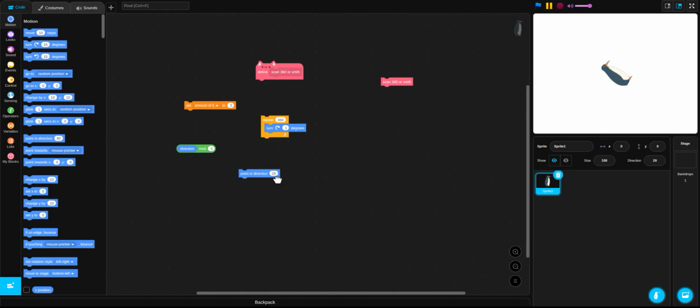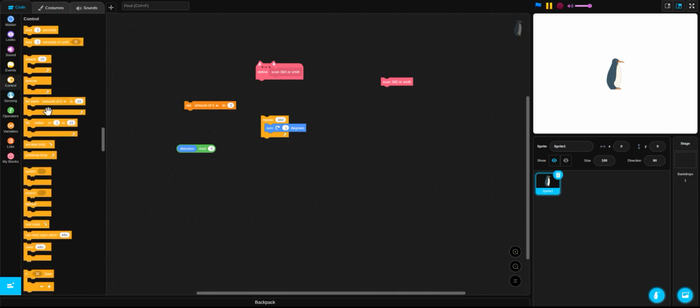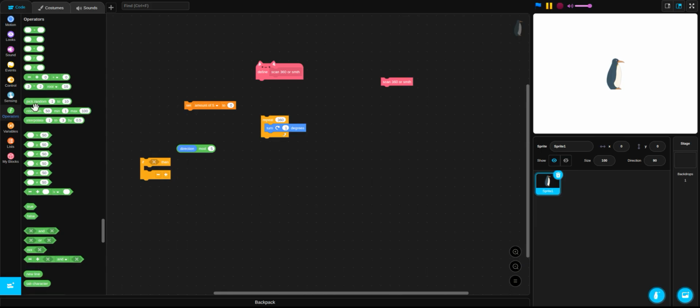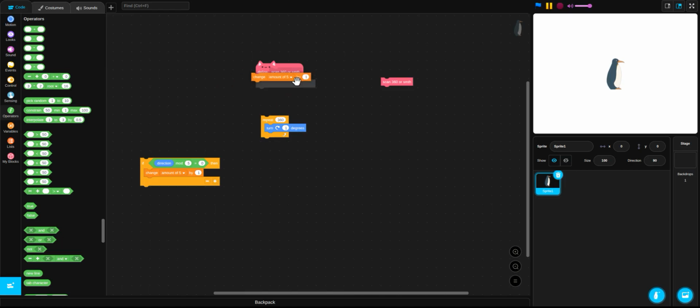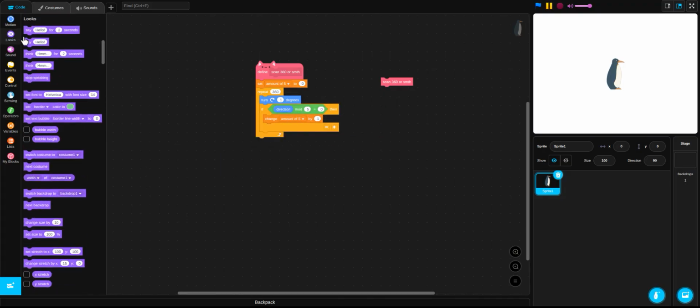If it equals 0, it's basically telling you, oh, this number is divisible by 5 and will not have any remainders. This just tells you the remainder of direction divided by 5. So let's do if the remainder of the direction divided by 5 is 0, it means it works. Then change amount of 5 by 1. Let's set amount of 5 to 0 at the start of the code all the time. Repeat 360. If so, change 5 by 1, then say,